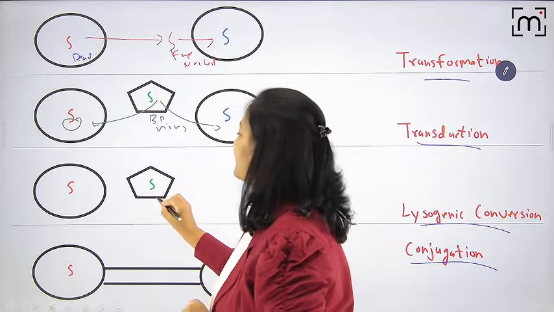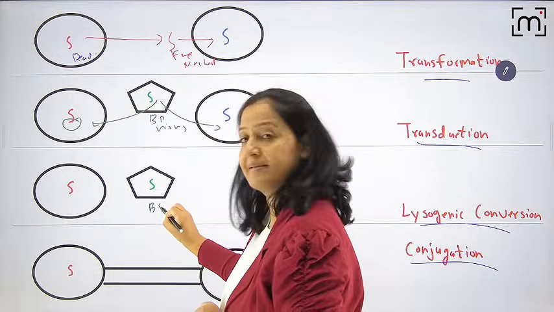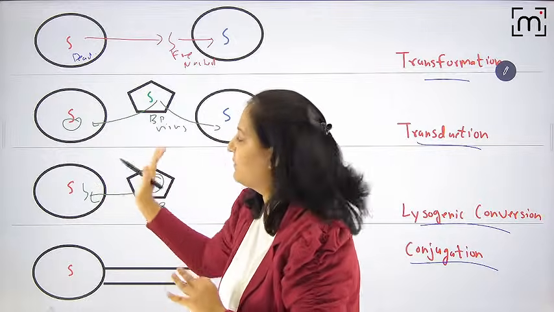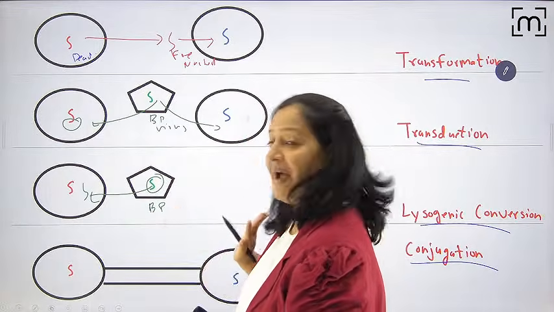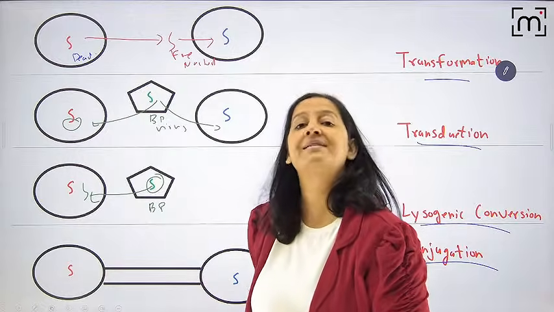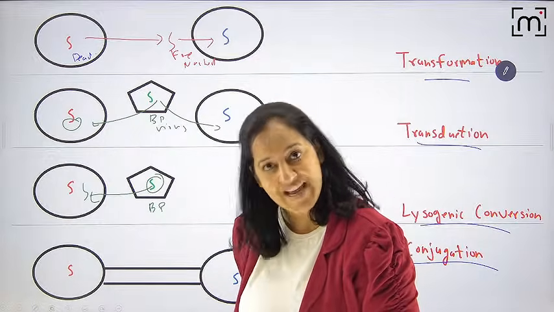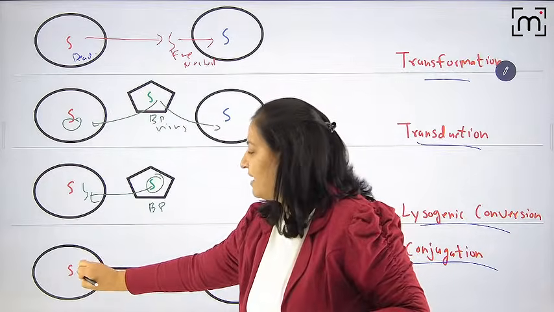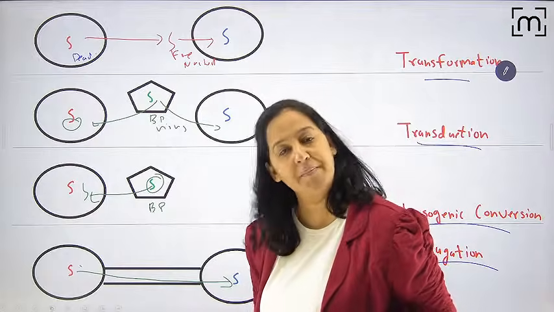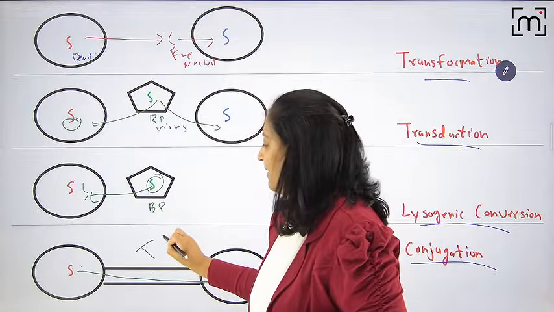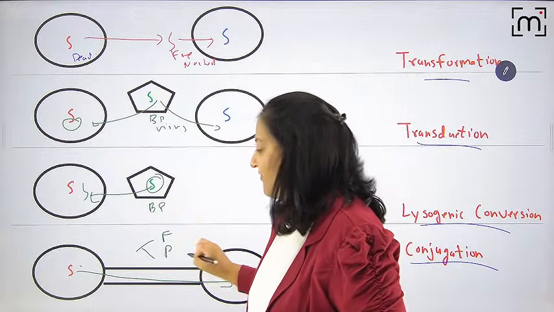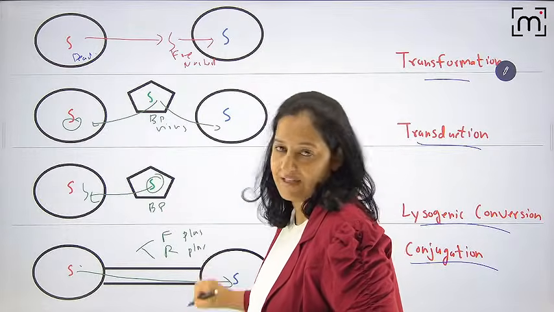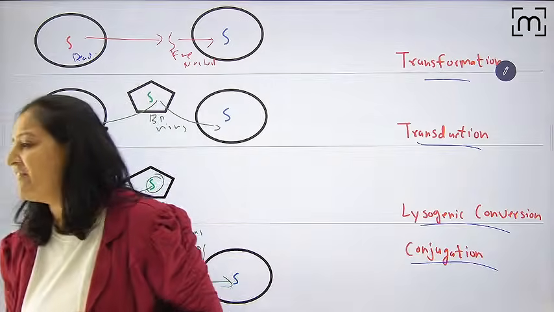Here, in lysogenic conversion, we also have a bacteriophage, a virus. But it enters the first bacteria and gives its own DNA to the bacteria. So it's a transfer between a bacteria and a virus. We don't have a second bacteria over here. And the last one is conjugation, physical mating, physical contact between the 2 bacteria, in which the 2 bacteria come physically closer. They make a tube, and via this tube there is transfer of genetic material between the 2 bacteria. And it is of 2 types: transfer of maleness and transfer of resistance. We have F plasmid transfer and we have R plasmid transfer.